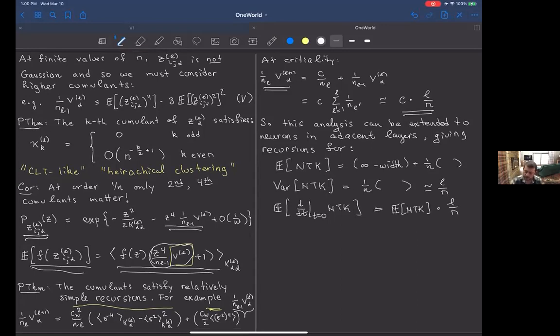So the analysis that I presented is for neurons in one layer, but for adjacent layers, it's not too hard. You can really get a beautiful formula for the joint distribution and use it to quantify things like the NTK, which always involves smashing together things at 2 consecutive layers. So there's no getting around it.